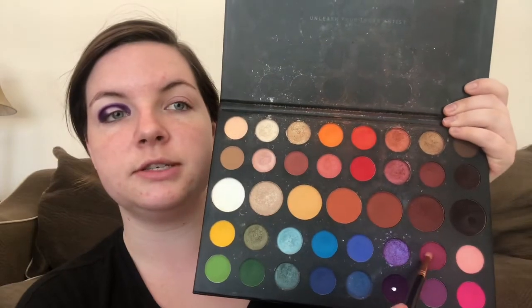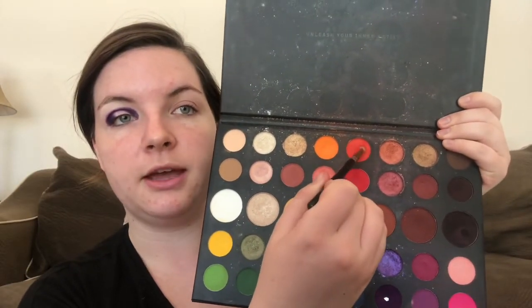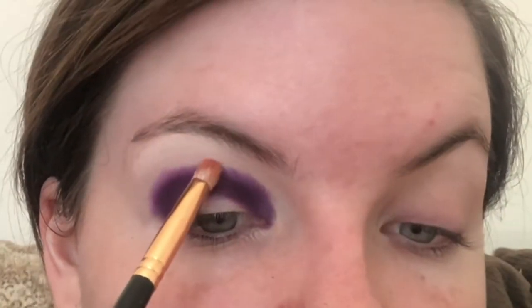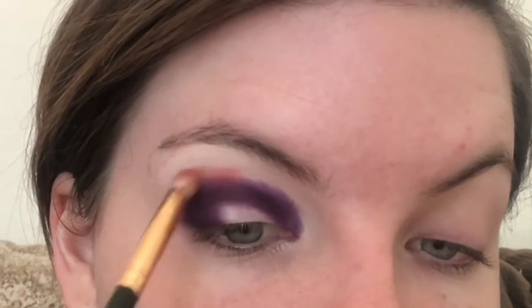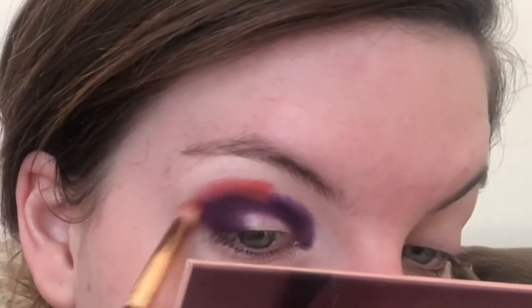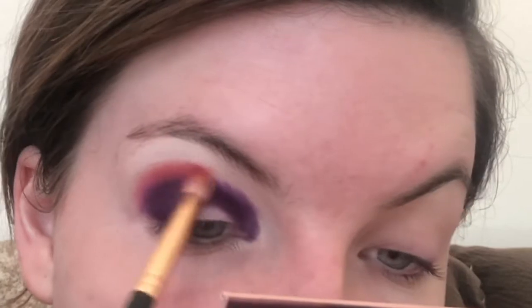Alright, so now I'm going to take a pencil brush and I'm going to dip into this color right here and a little bit of the red orange. I lost my color name sheet that I had with this, so I don't remember what all the shade names are called. I'm sorry. And I'm going to take this pencil brush and this orangey color that I have going on, and I'm going to start lightly going around the edges of this, and I'm going to start blending this edge out in soft